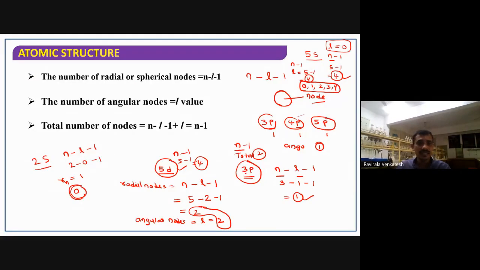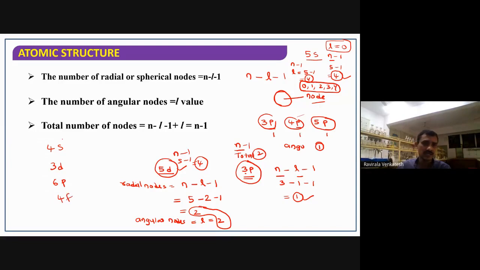Now you do one thing. I will write some orbitals, and you do the exercise on this one. For the 4s orbital, you have to calculate all these things: spherical nodes, angular nodes, total number of nodes. For the 4s orbital and 3d orbital, and what happens for the 6p orbital, and the 5d orbital. 5d is already completed, so take what happens for the 4f orbital.